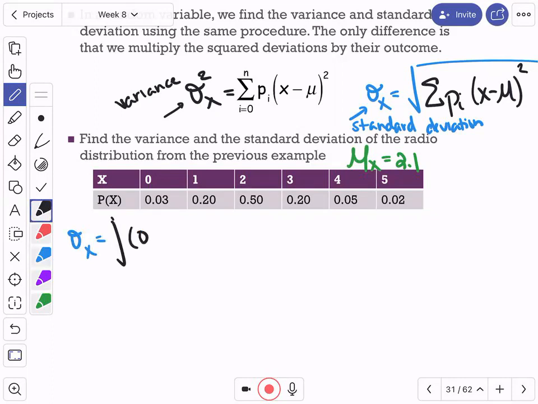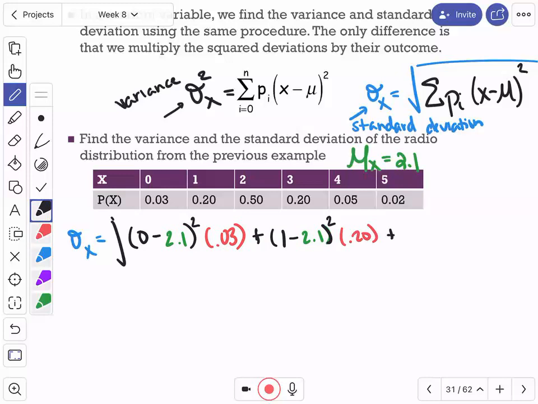So I'm going to do 0 minus 2.1 squared, and I'm going to multiply that by its probability, which is 0.03, plus 1 minus 2.1 squared, and I'm going to multiply that by its probability, which is 0.20,